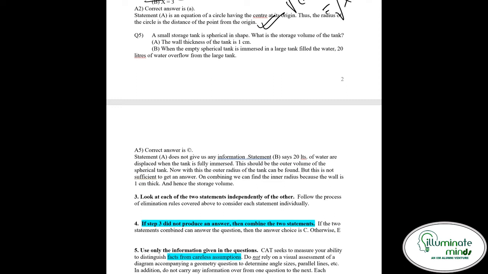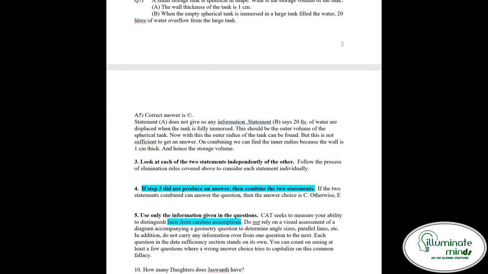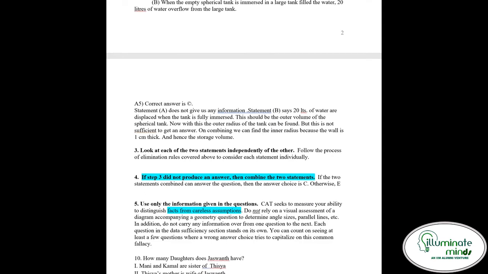आप एक चीज ध्यान रखिएगा, कुछ क्वेश्चन में मैं क्वेश्चन के बहुत करीब जाके सॉल्व करूंगा, कुछ को बाहर से ही हाँ या ना कह दूंगा, बिकॉज बेसिक इंफॉर्मेशन मुझे मिल चुकी है। डेटा सफिशिएंसी में कोई ये नहीं कहता कि आपको क्वेश्चन सॉल्व करके आंसर बताना है, आपको ये बताना है कि क्वेश्चन सॉल्व हो पाएगा कि नहीं हो पाएगा विद द गिवन कंडीशंस, करेक्ट। स्ट्रैटेजी 3, लुक एट ईच ऑफ द टू स्टेटमेंट्स इंडिपेंडेंटली ऑफ ईच अदर।